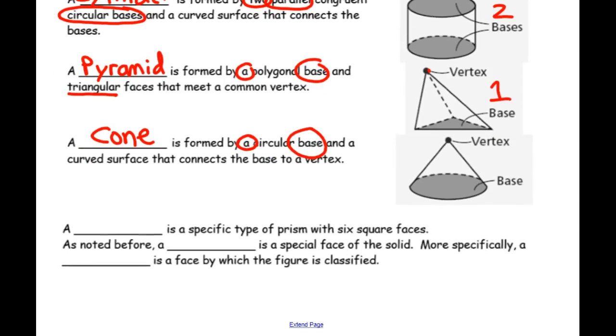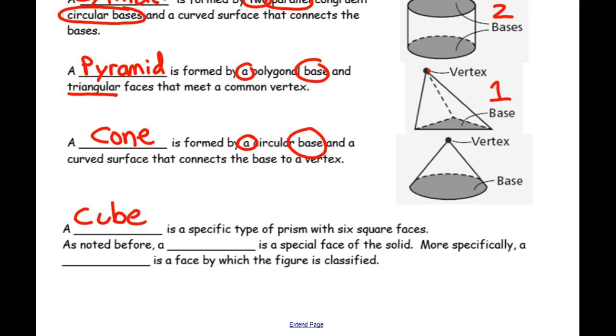All right, at the bottom here, we have a specific type of prism with 6 square faces. What's that called? A cube, right? So a cube has squares all the way around,